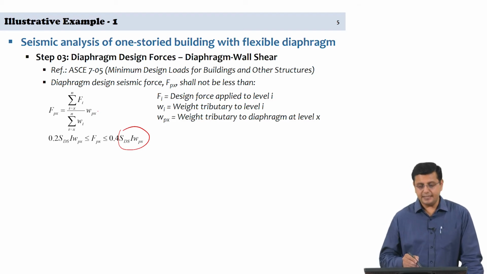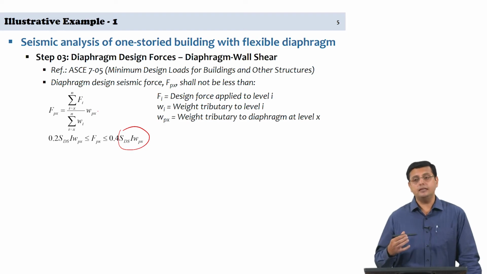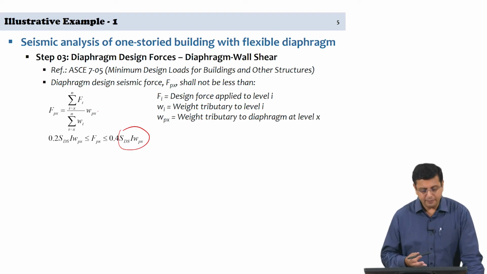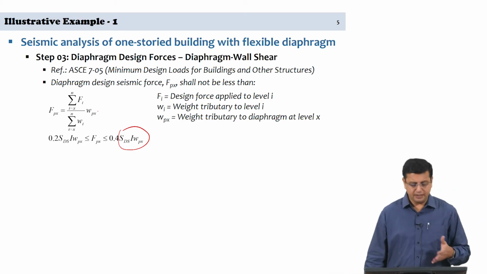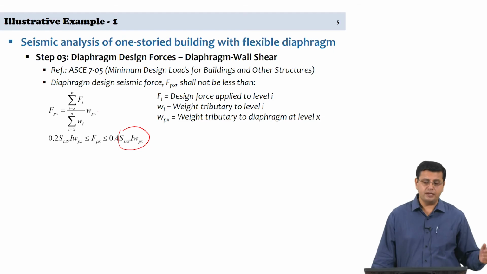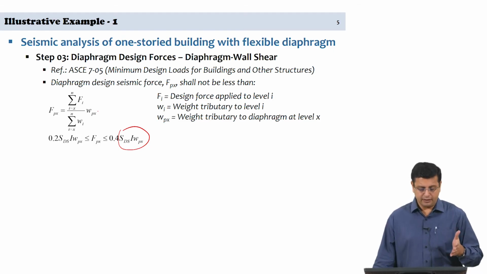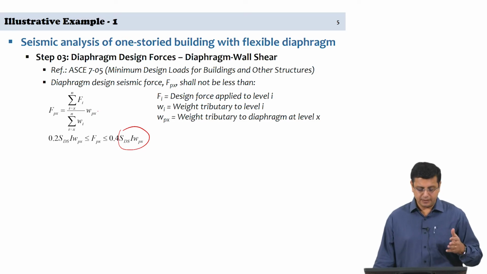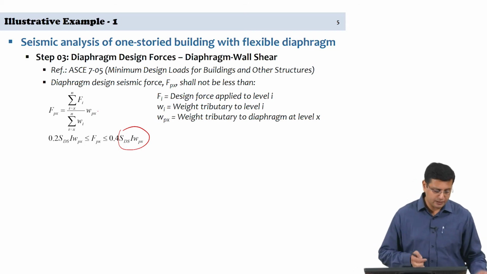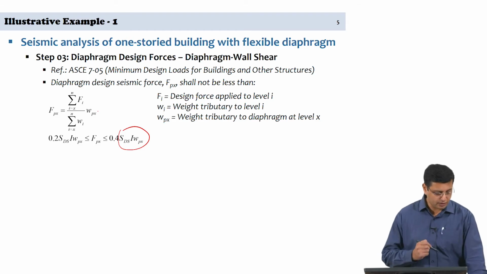Now, SDS is with reference to the design basis earthquake, and in ASCE 7, the design basis earthquake is considered to be 2/3 of the maximum considered earthquake, and this is a difference with respect to our code. In our code, the design basis earthquake and the maximum considered earthquake are related as design basis earthquake is 1/2 of the maximum considered earthquake. So, that difference exists. So, you need to convert that to the